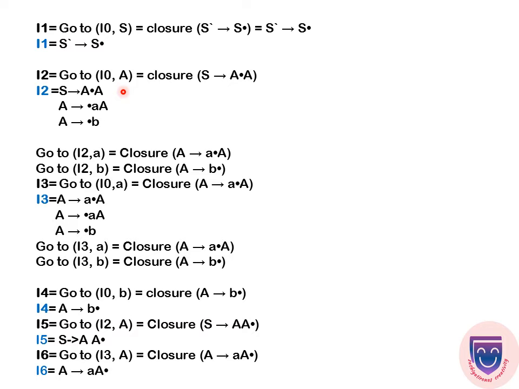So we are doing the next state, that is I5 here. We are making the transition on A in I2, so we get in I5 S tends to A dot. Like I2, I3 is also not finished. I am iterating I3 further. I have closed I6, so I have closed all the productions here. This is how we have to iterate the state till we get the starting symbol.